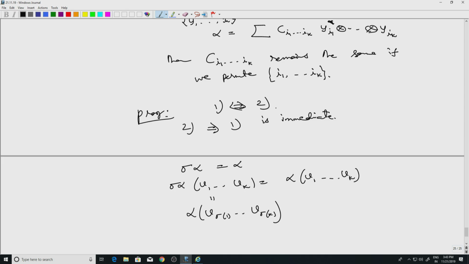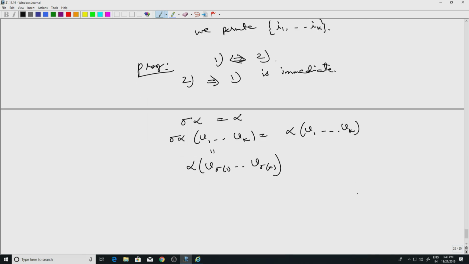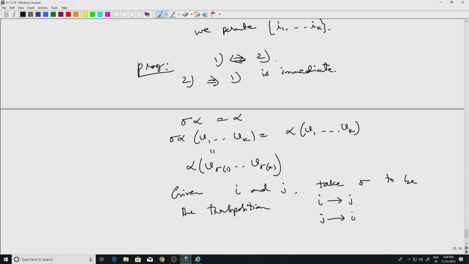Now 1 is just that if I interchange any two vectors, keeping the rest wherever they are, the value of alpha should not change. So to see that this condition follows from this permutation condition, just take a specific permutation, namely the transposition. Given i and j, this is the i and j which occurs in the definition of a symmetric tensor. Take sigma to be the transposition which takes i to j, j to i, and the others are left fixed. Then 1 follows,